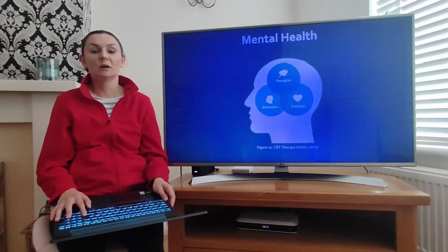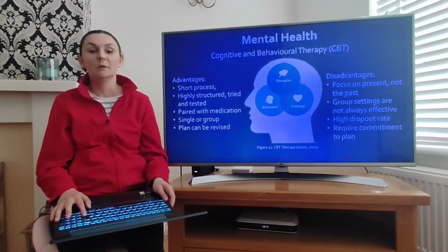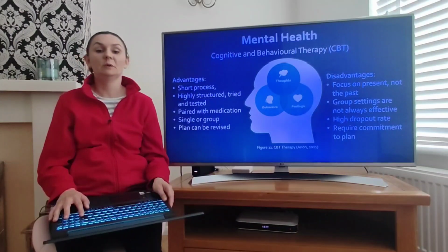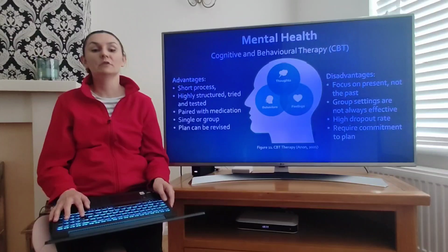Mental health and well-being are contemporary issues where the psychological perspectives can be applied. Approximately 1 in 4 people in the UK will experience mental health problems each year. In 1960, Aaron Beck developed cognitive behavioral therapy, known as CBT. The primary focus is on the relationship between feelings, thoughts, and behaviors. CBT is used to treat any mental health related disorders such as anxiety, depression, or eating disorders.